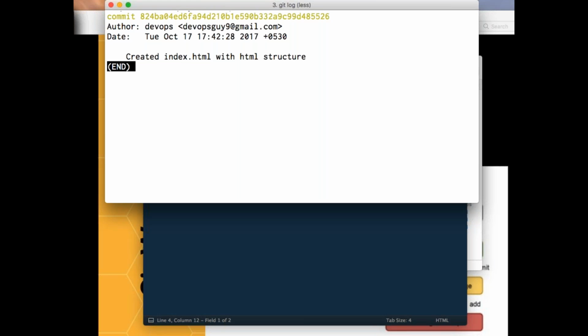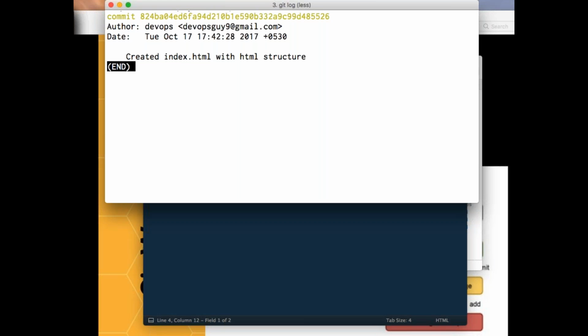Now, you see, it created index.html with HTML structure, and you see there is something like a number, right? So that is basically called your commit number. Basically it is a unique identifier for each commit. Now, what is the meaning of committing? There is some change at that point of time, right? So whenever you are committing means you are doing some change. For that change, that is a unique number. So what is the change I created in my directory right now? I created a file with 8 lines. For this change, the commit ID was this specific number.